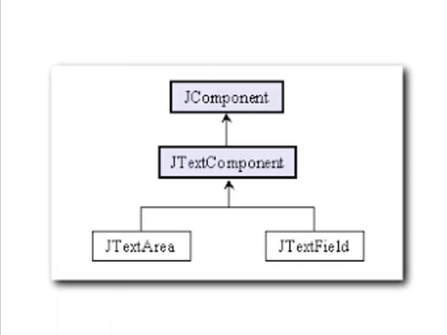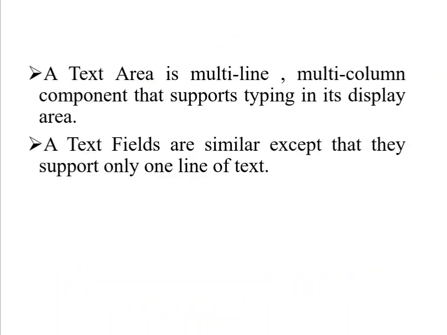Then next user interface component is checkbox. The Checkbox class is used to create a checkbox. It is used to turn an option on (true) or off (false). Clicking on a checkbox changes its state from on to off or from off to on. Checkbox class declaration: public class Checkbox extends Component implements ItemSelectable, Accessible. This is the Checkbox class declaration.